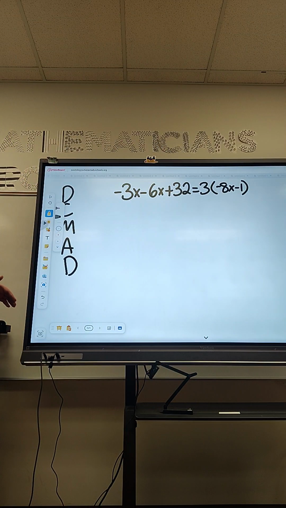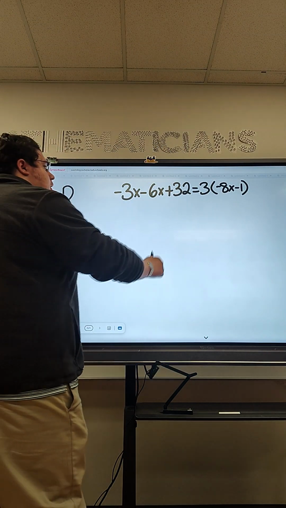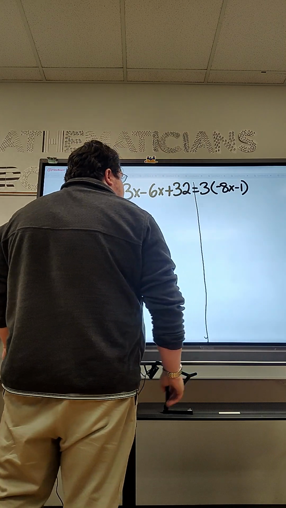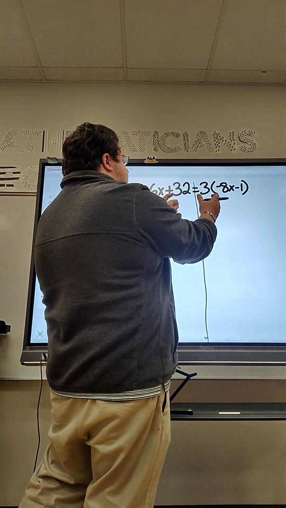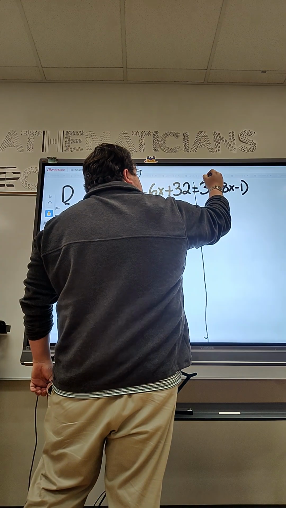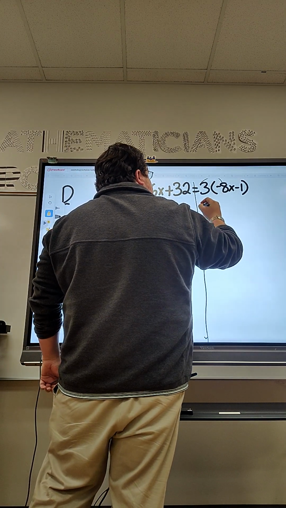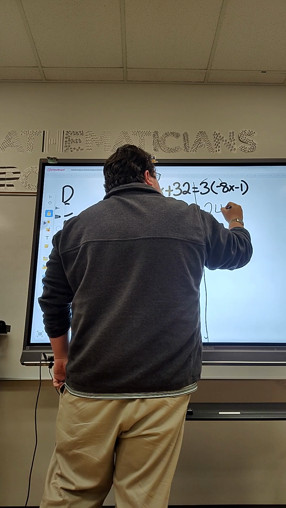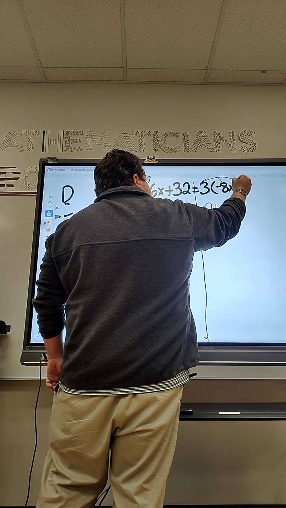DCMAD. Our first step that we're going to check off is distribution. I see parentheses, so that tells me that I need to actually distribute here. So 3 times negative 8x is negative 24x. 3 times negative 1